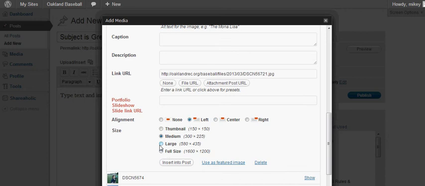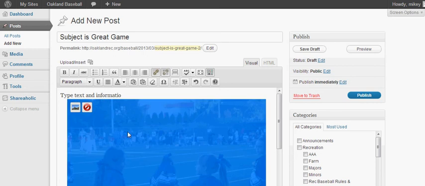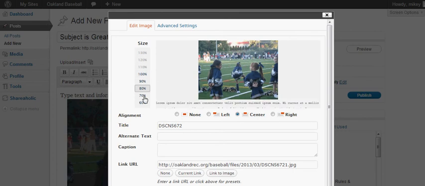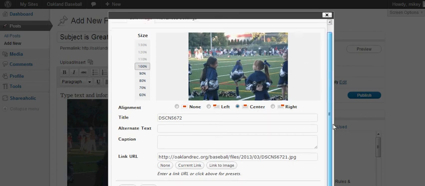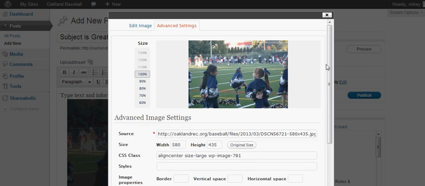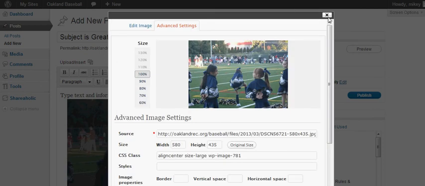I don't really have text, so I'm actually going to do large and center it, and I'm going to insert that into the post. Then when it's in there, I can click on it and I can delete it, or I can go back to where I was before in case I didn't like the size and wanted to change it, or I can add a caption. Advanced settings are not that very advanced. You can add a little border or some space around, and that's pretty much it. I'm going to leave that there,